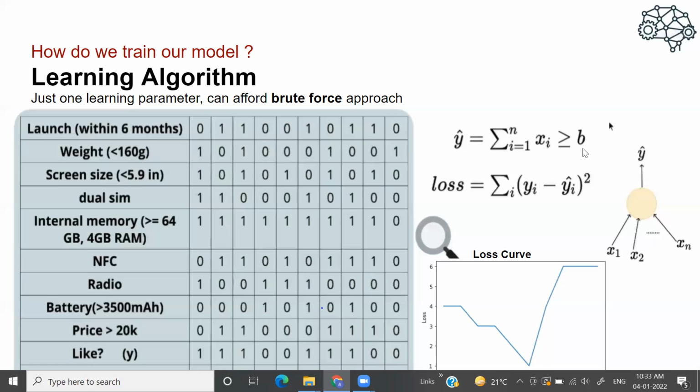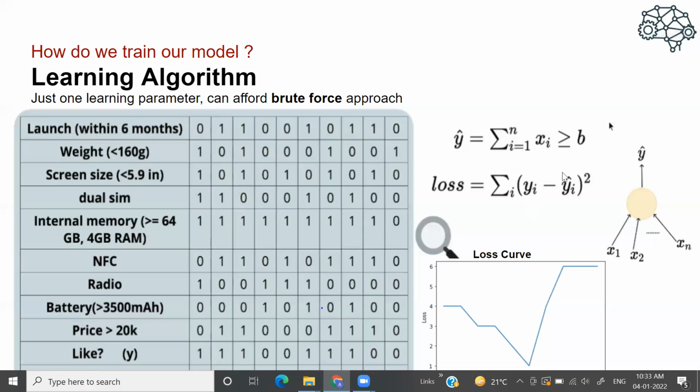Cool. Now within this search space, between 0 and n, we have to identify the optimal value of b. What we'll do is apply a brute force approach here. First of all, we'll set the value of b equal to 0. Now first of all we will do the summation of this. So what will be the summation of this particular column? It would be 4 plus 1, 5.